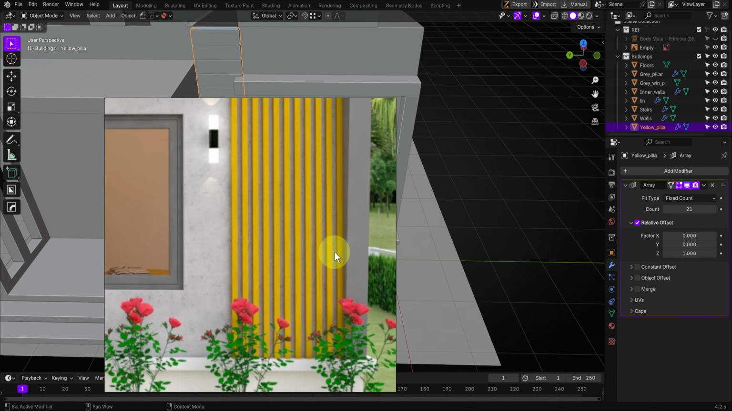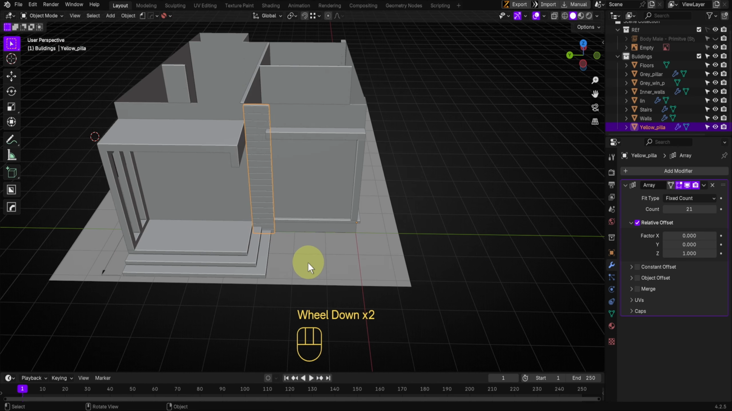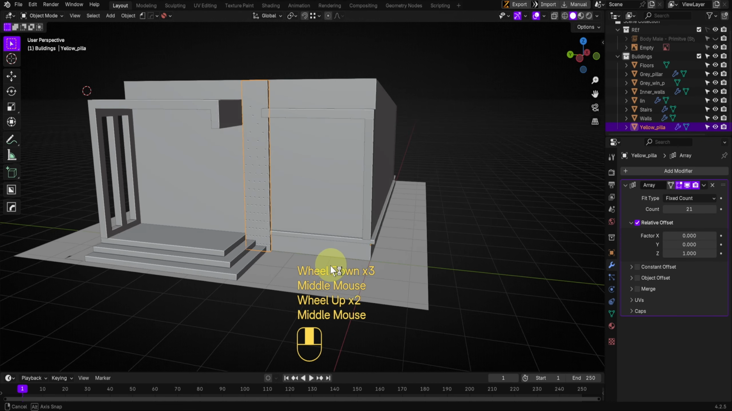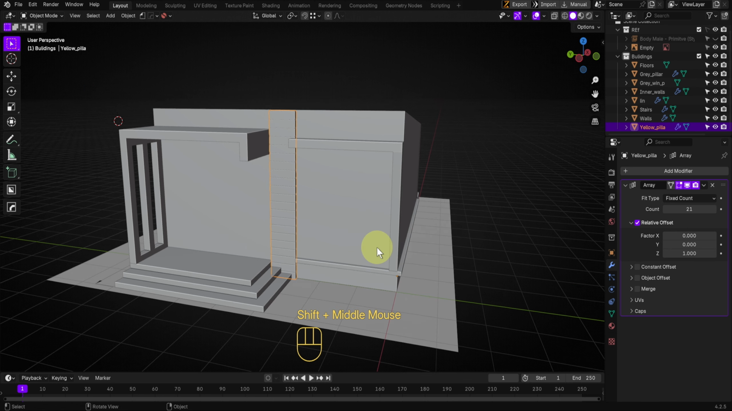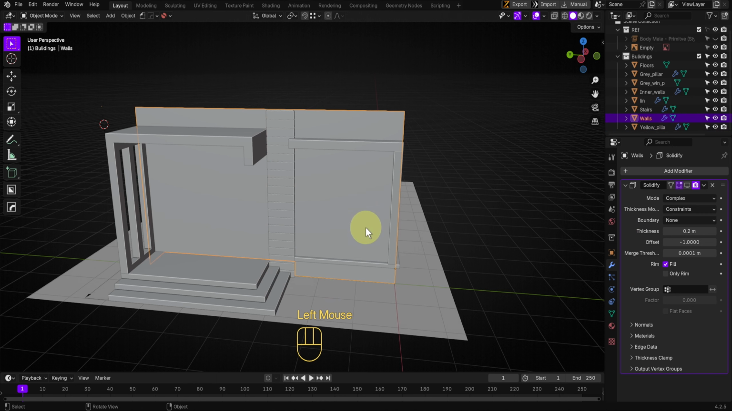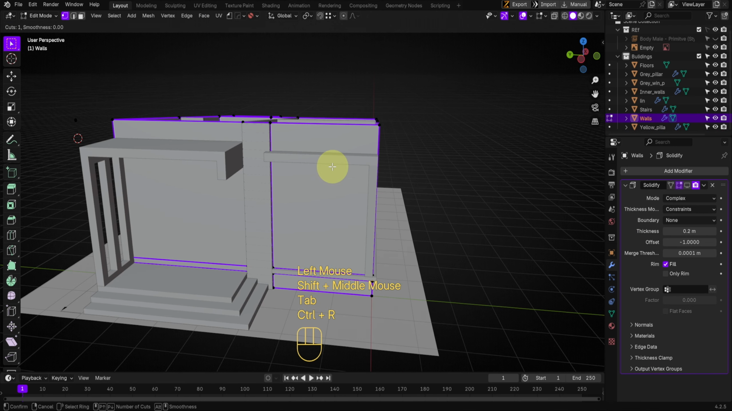And then another thing to check out is this yellow stuff in front of the house. Okay, so to fix that, or should we do the window first before fixing it? Well, let's just fix that now. I'll select the main wall, go to edit mode, add in